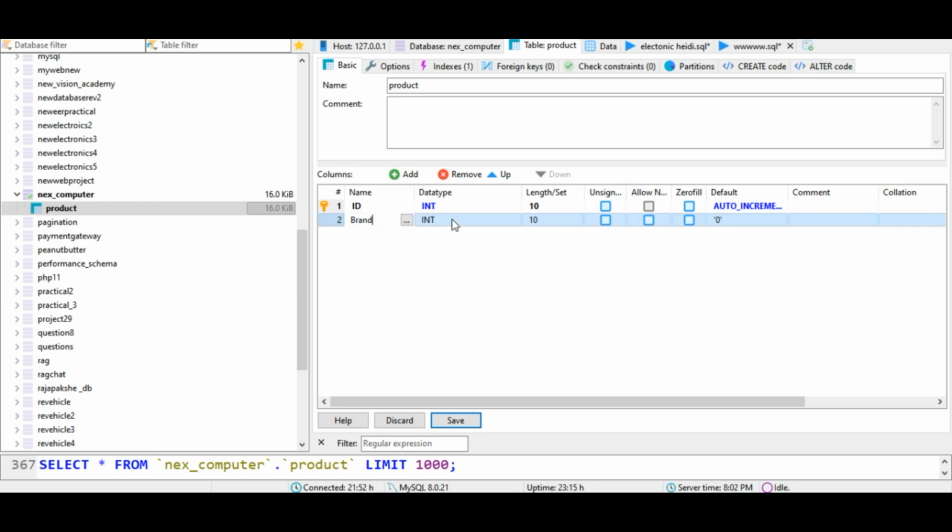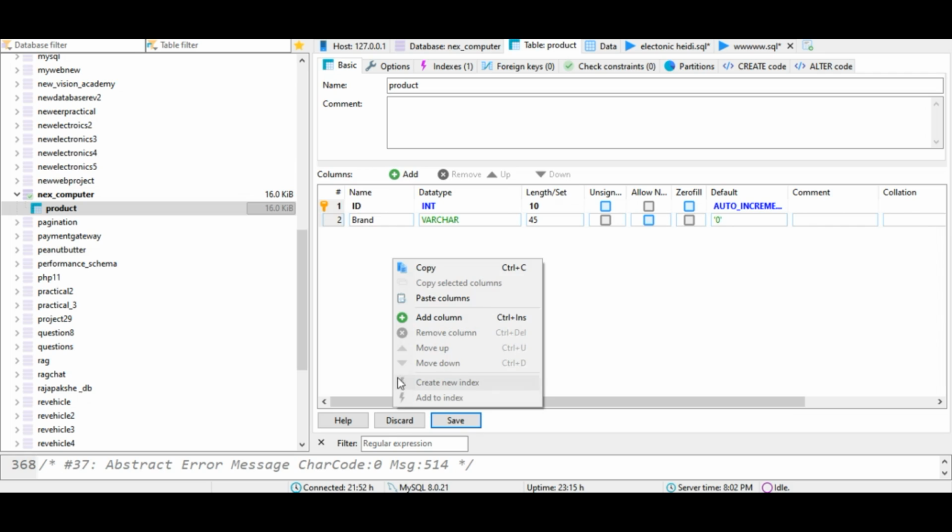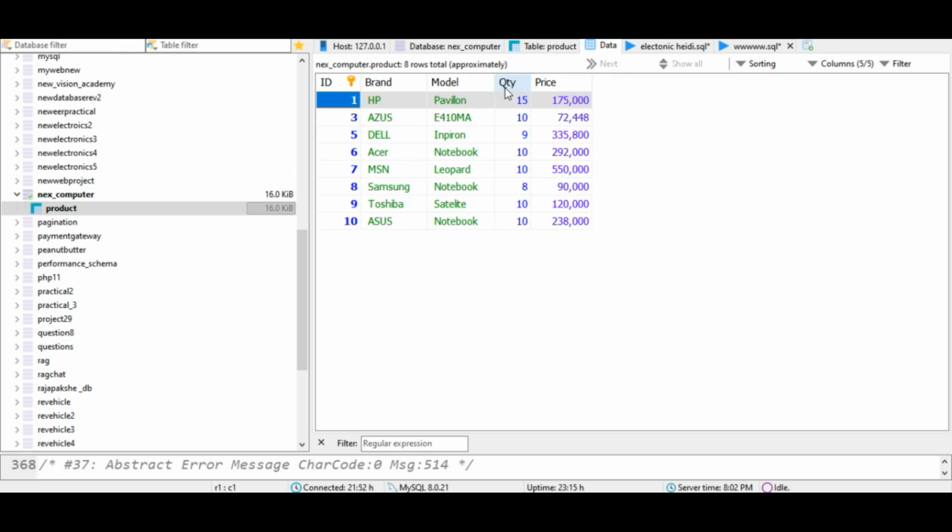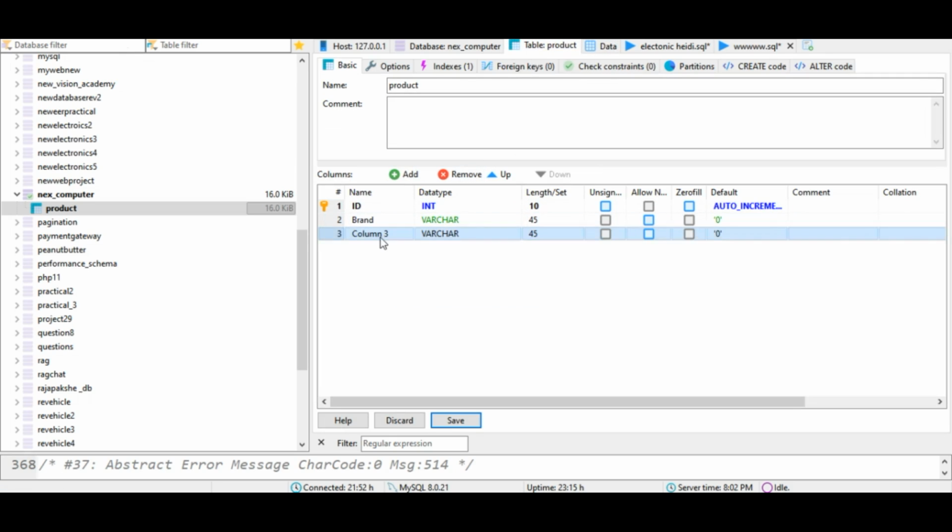Brand is varchar 45, add a column, model varchar 45,